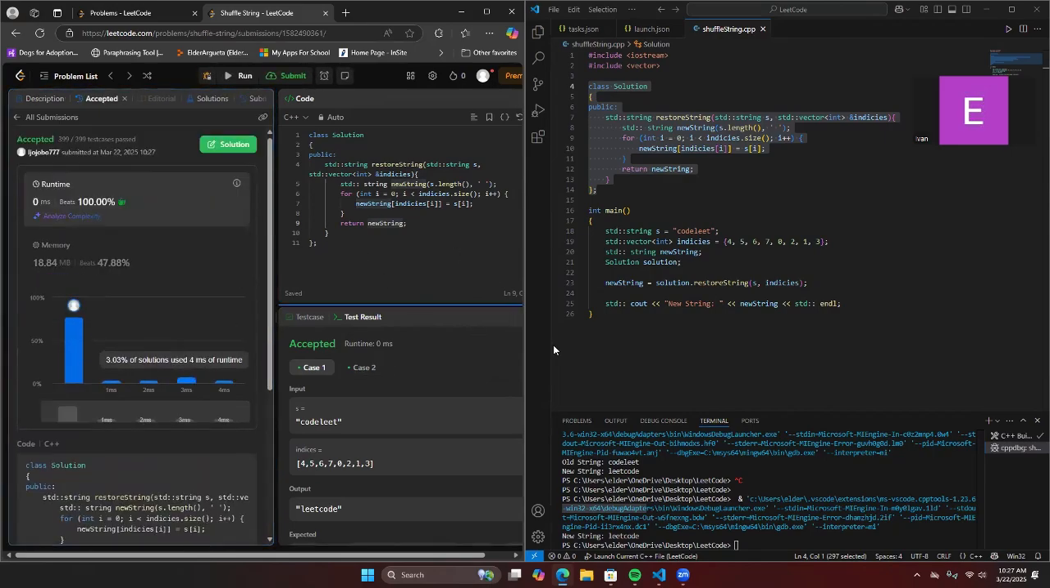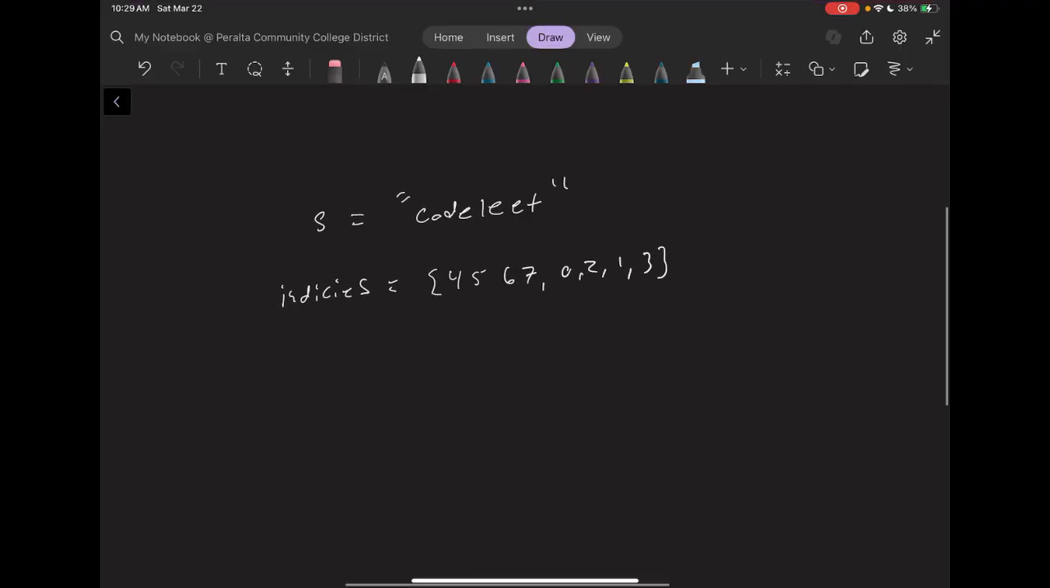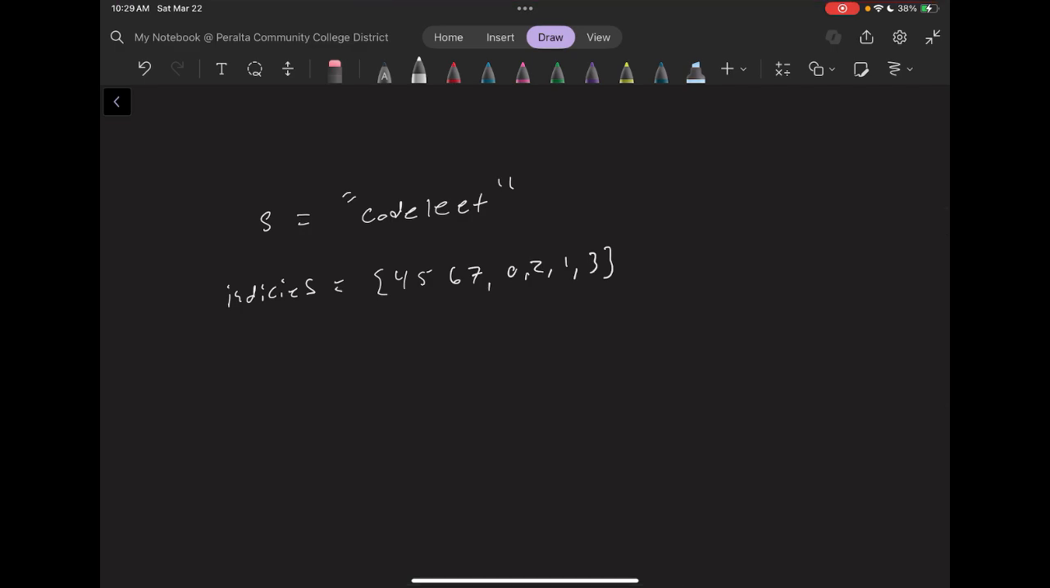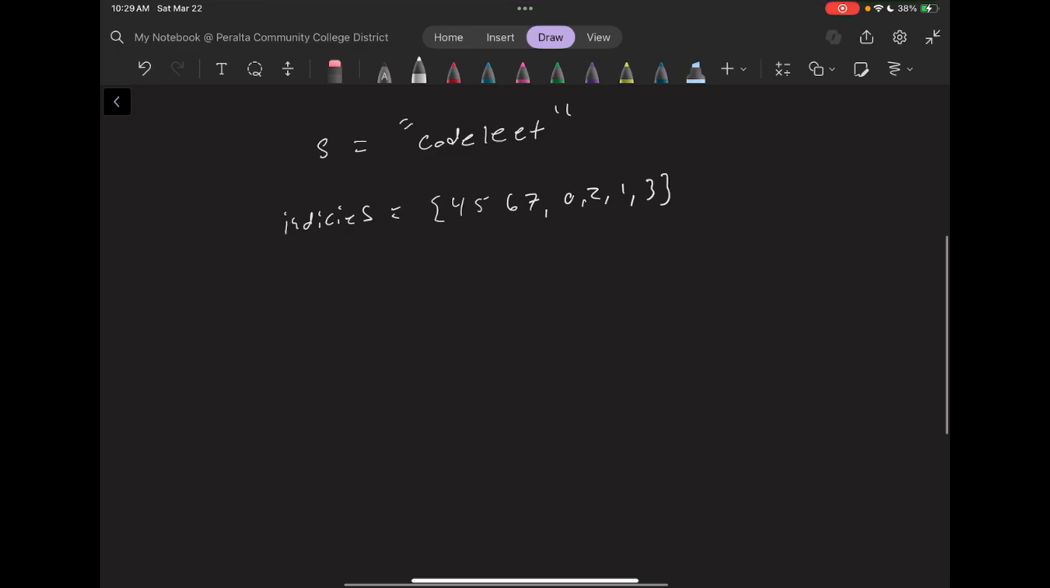There we go. And then I'm going to draw this out for y'all as well, so you guys can understand my thinking behind this. Okay, so drawing it out for y'all. So we have S right here. S string is equal to code Leet, and then indices is equal to this amount of